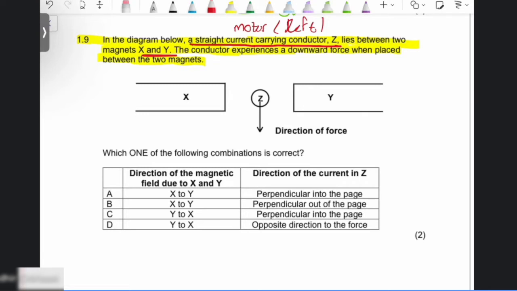Okay? Motors are the left-hand rule. So here, all I need you to do is use your left hand, and you guys know it must be perpendicular. We know that our thumb must be facing downwards. Our thumb should be facing downwards. So have your thumb face downwards. Now, if your thumb is facing downwards here, guys, what we'll notice is that